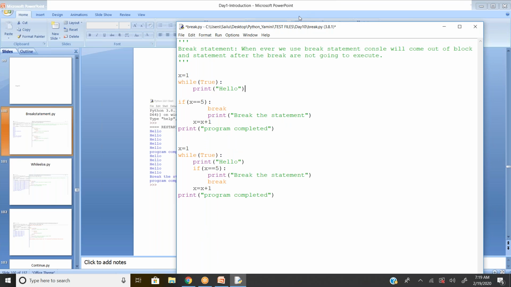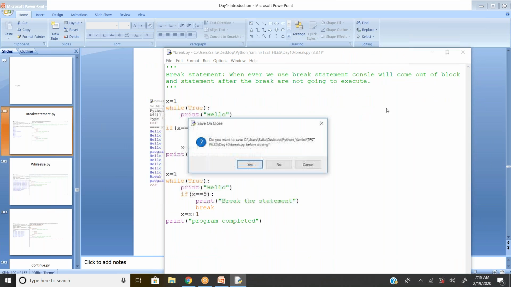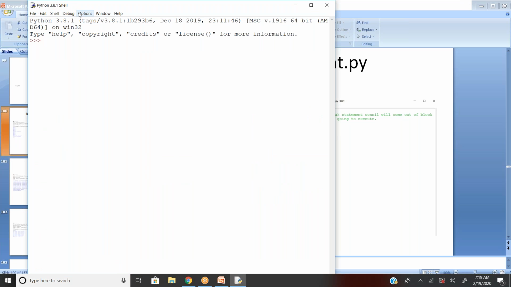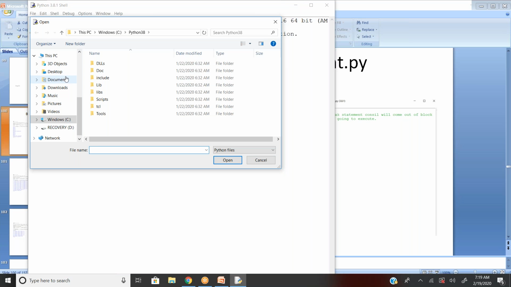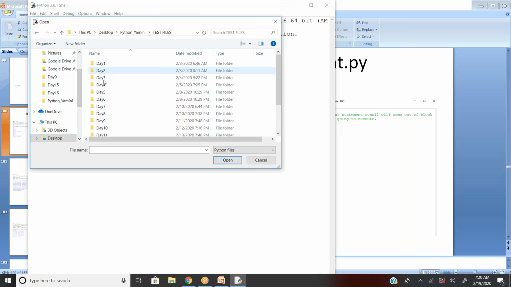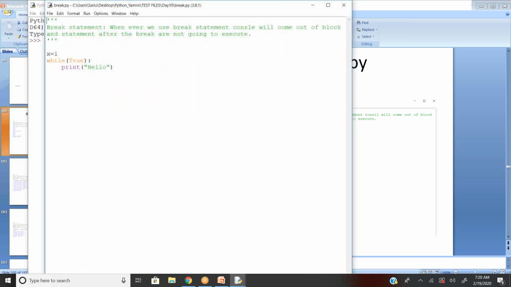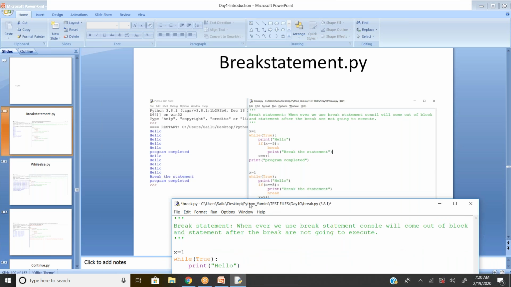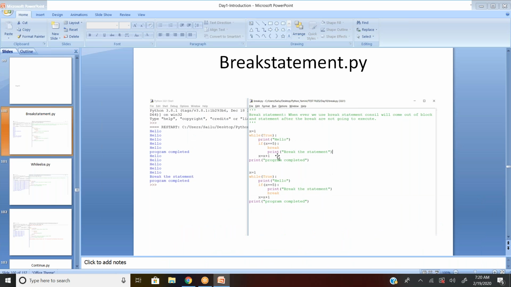But my intention is, if I want to break this statement for a certain reason, then I can maintain some control statement within the while loop to control my entire block.